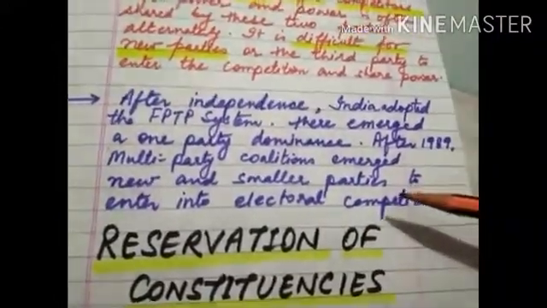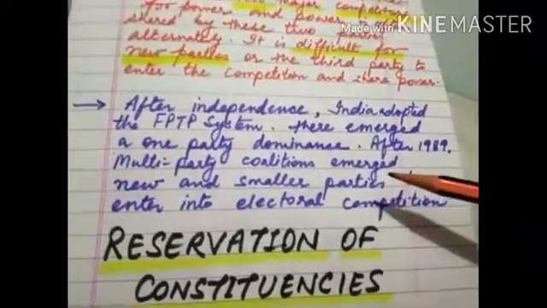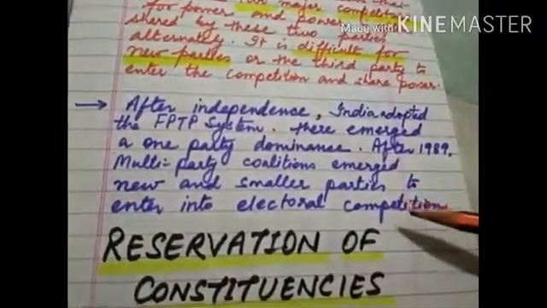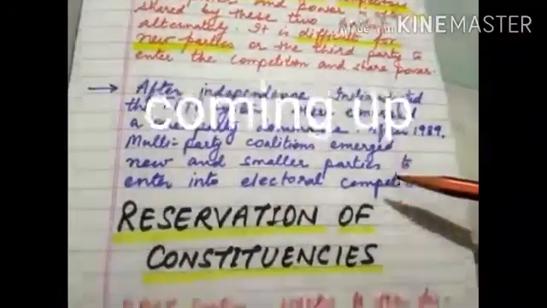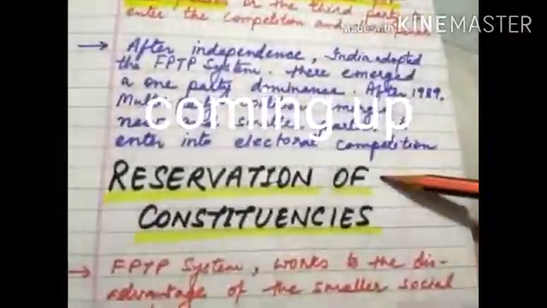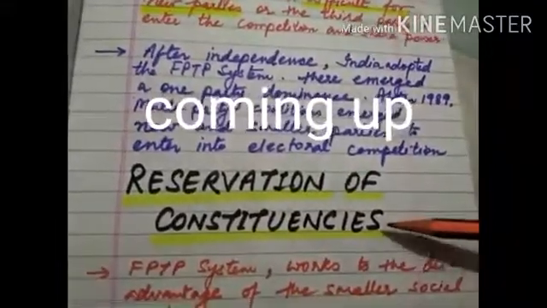So in order to have a healthy competition there is a need to change the rules of the system. So this system was very good. Now our next topic is reservation of constituencies, which we will cover in the